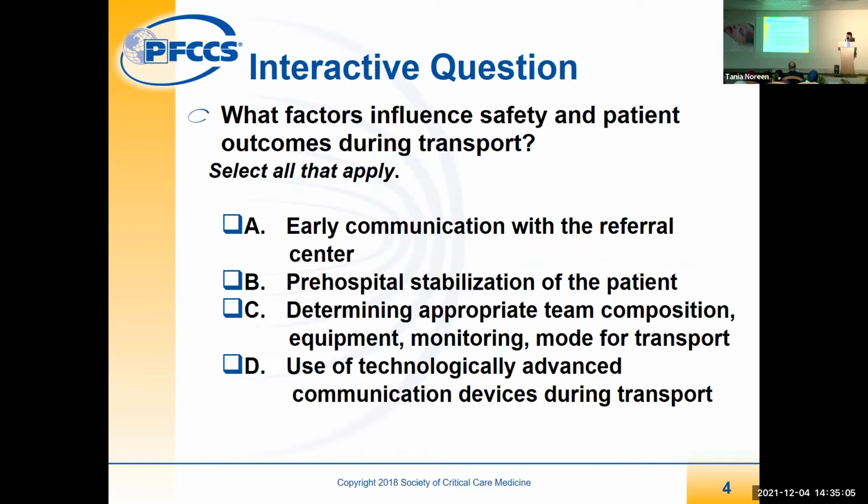So, interaction, what factors include safety and patient outcomes during transport? You can select any one or more than one of them. A, B, C, D,